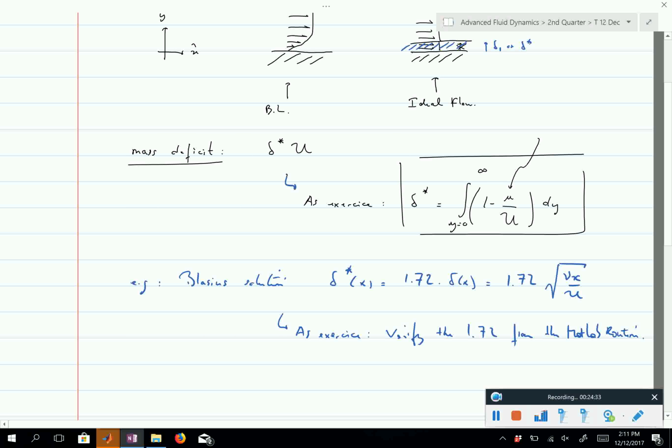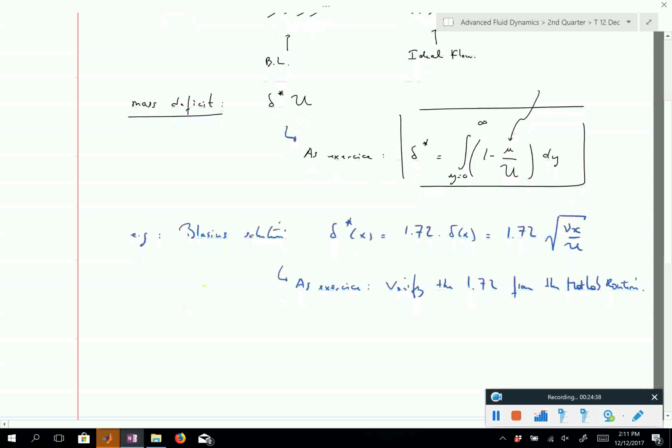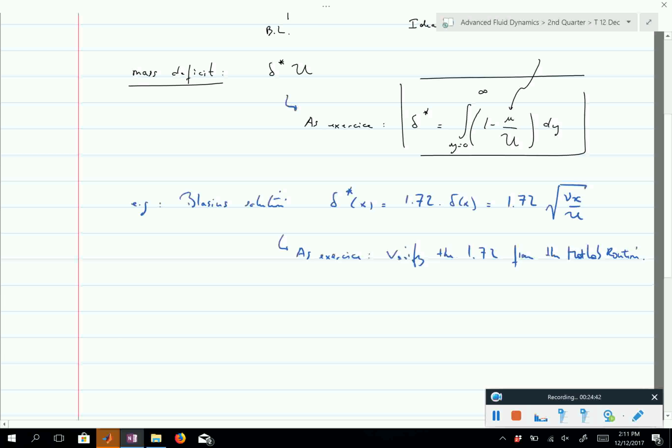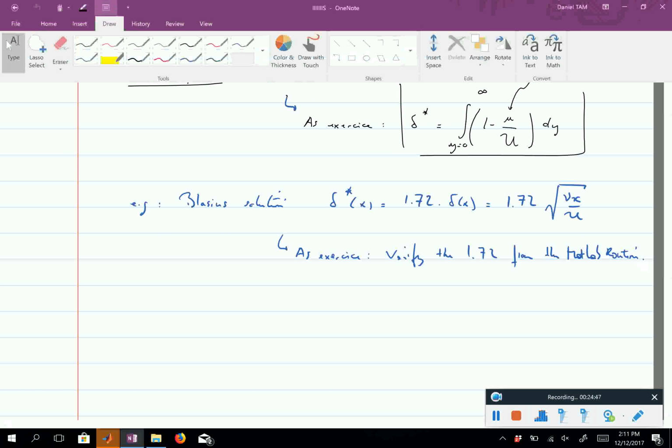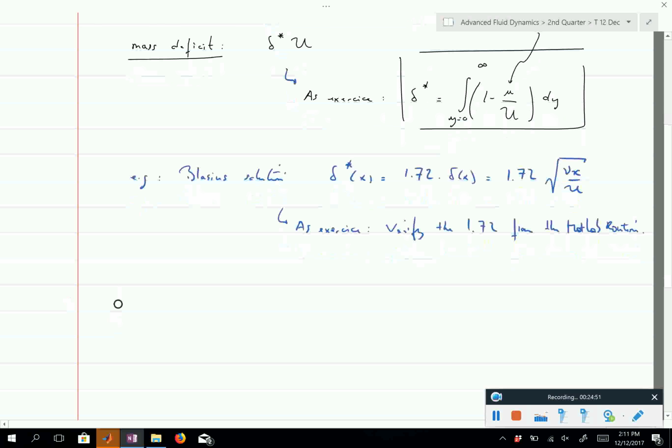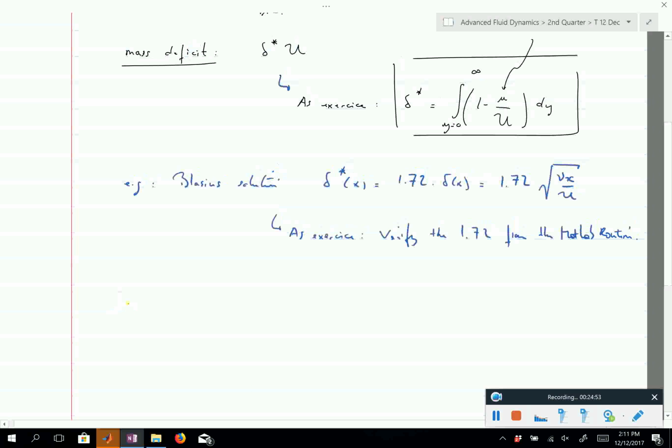If you integrate between 0 and 100, that will be enough. You should be close to that 1.72. You don't have to integrate to infinity, because otherwise you need the solution to infinity. Okay, so this is another definition for the boundary layer thickness, and another characteristic thickness will be the momentum thickness,